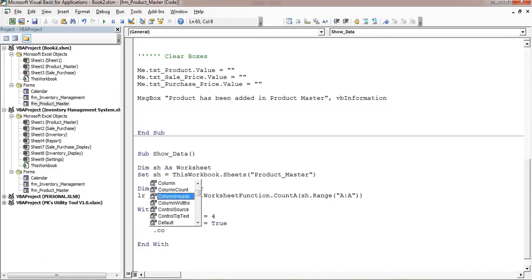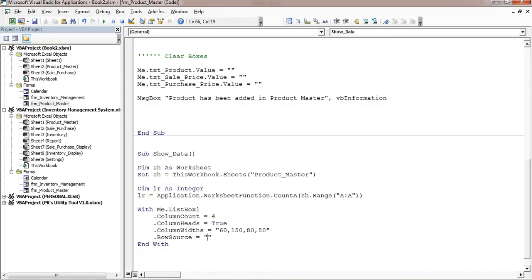Then the column width, which you can define. Let's say the first one is the serial number. Do you want to display the serial number? You can display it. Let's say I'm taking the width of the serial number as 50 or 60 only. Then comma, the second is the product name. It can be slightly bigger, so I'm just putting 150. Then the sale price, let's say I'm taking 80, and the purchase price also 80. Alright. Then the row source.